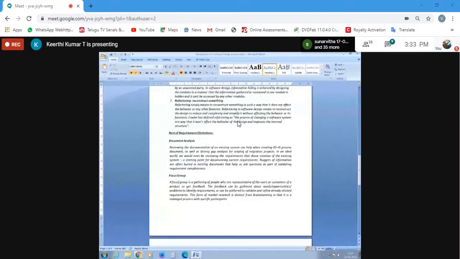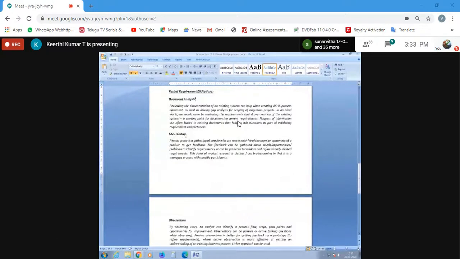Next, coming to the focus group. A focus group is nothing but a group that is invited for each and every aspect. For example, they call 6 to 7 people and ask them to sit together, and each and everybody gets their own turn. Each person is given 10 to 15 minutes to explain about the product which he is using, or which he has been using for the last couple of months or so.